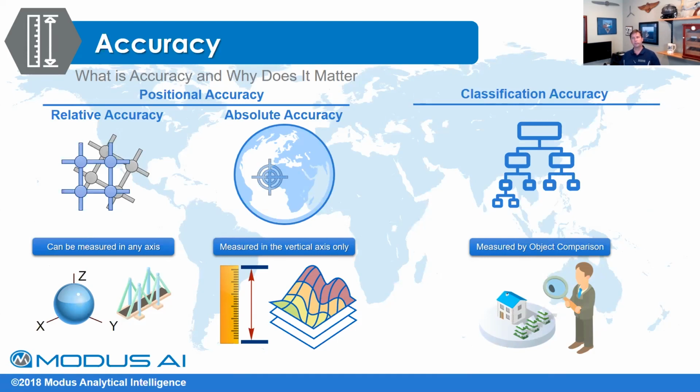Now I put classification accuracy on here because that's that next step. And with that, it's just a reference point. If your relative and your absolute accuracy is off, your classification accuracy is going to go. The better your data comes out from a geospatial point of view, the better classification accuracy you're going to have,